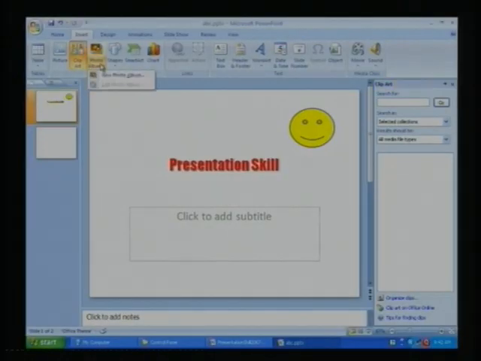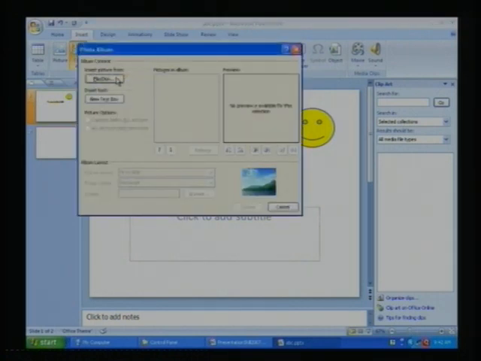Next, if you want to create a photo album, simply select the photo album, select the list of pictures available in your computer, and then you can prepare a presentation. You can also increase contrast, brightness, and apply horizontal and vertical rotations to your images.